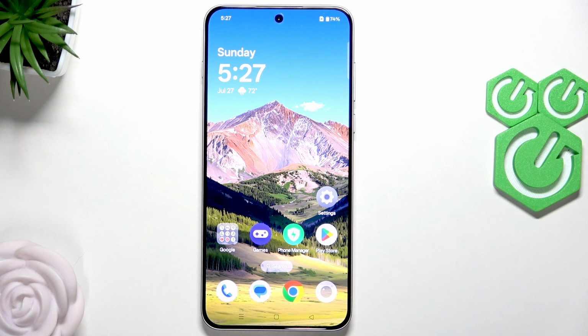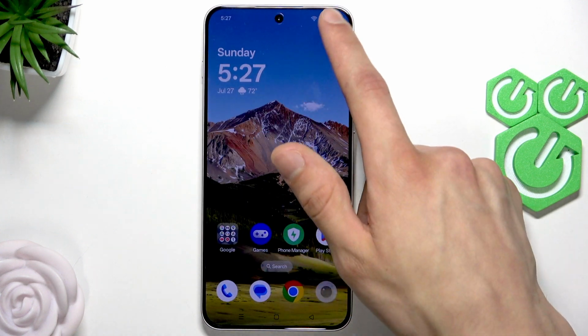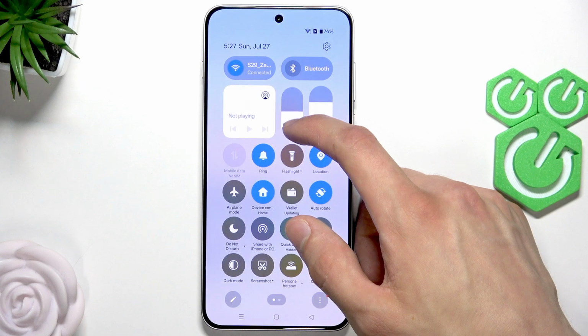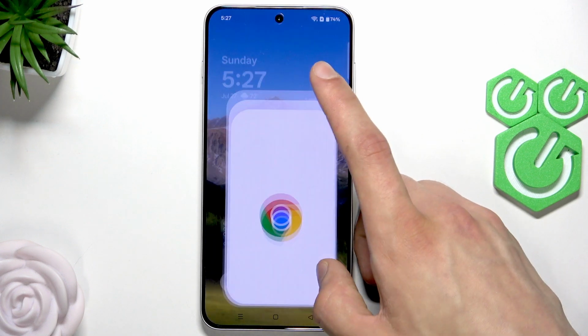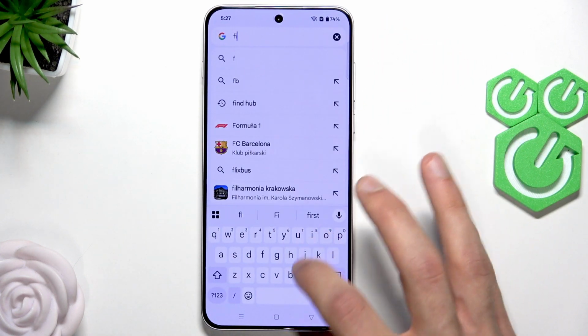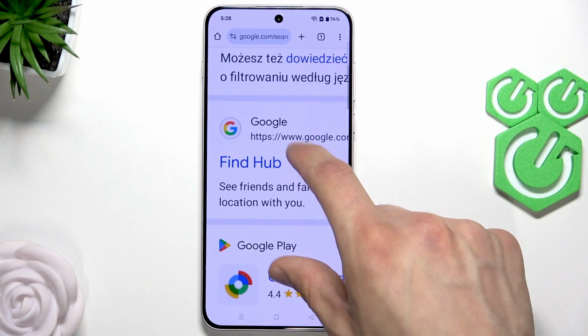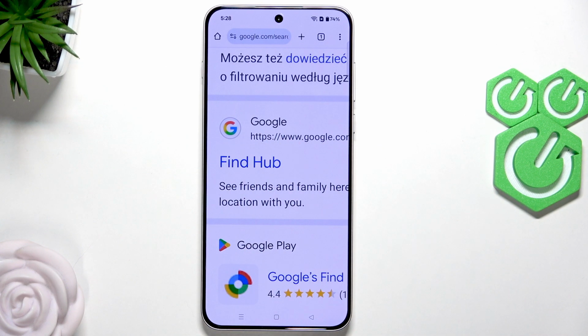And to perform a factory reset operation, you can use the Find My Device feature on your device. If you have a Google account connected to your smartphone, then you can use any of your other devices to Google or search for Find Hub service, then log into the Find Hub service using your Google account that is connected to the smartphone. And if you didn't disable the Find My Device feature manually, then you'll be able to find your smartphone on the list. And once you select it, go to the factory reset operation, which is the last option on the list